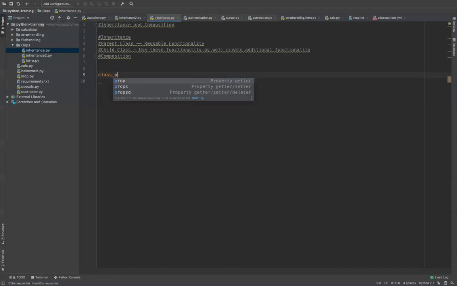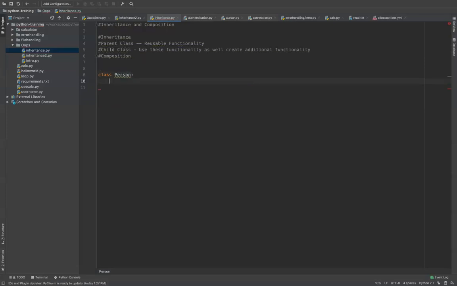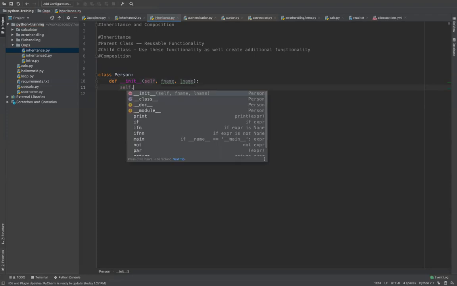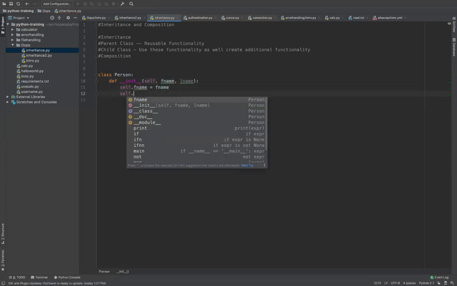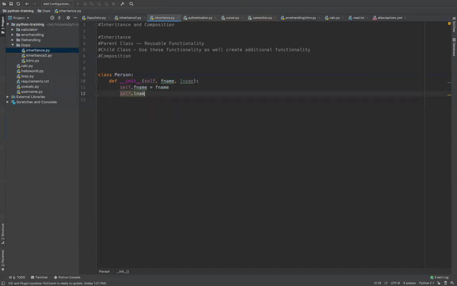Let me create a simple class called person, and let's define an initializer method for the person. For example, it has a first name and last name. Let's not take more here. And let's initialize it: self.f_name is equal to f_name, and self.l_name is equal to l_name. Okay. And a method called